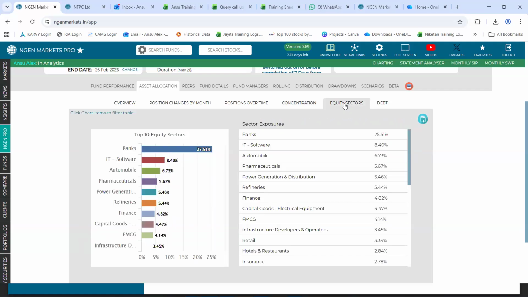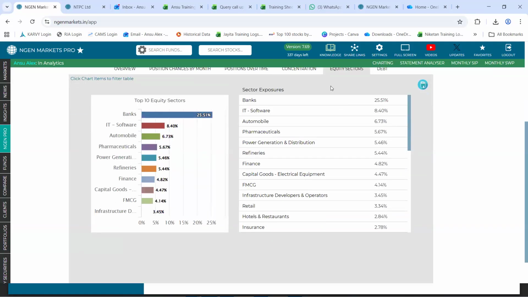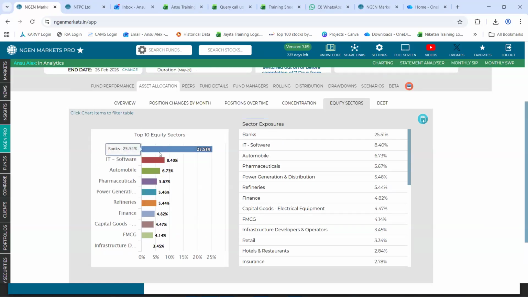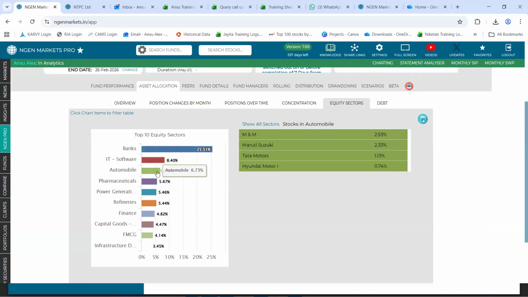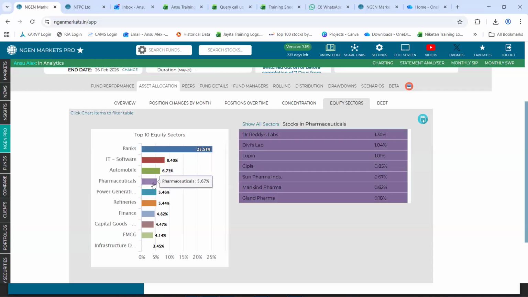Following that, we have the equity sectors tab, which will firstly tell you all the sectors and to what extent each sector has exposure in the portfolio. And specifically for the top 10 sectors, we show you the drill down, which says from which underlying stock the exposure is coming in that respective sector.